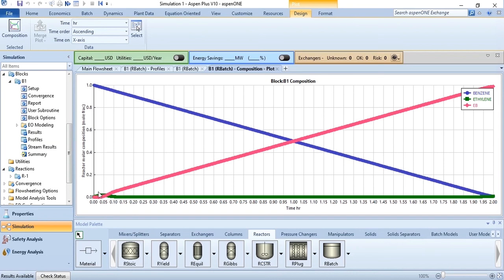And you can see that ethyl benzene is increasing, benzene is decreasing, and you can see this is nearly constant, but it is not a constant value. Basically, this ethylene is also decreasing, but since its value is very small with respect to this composition, that is why it seems nearly constant, but it is actually decreasing. So that's how you simulate a batch reactor in Aspen Plus using the values, obviously the stop criteria, the operation times,